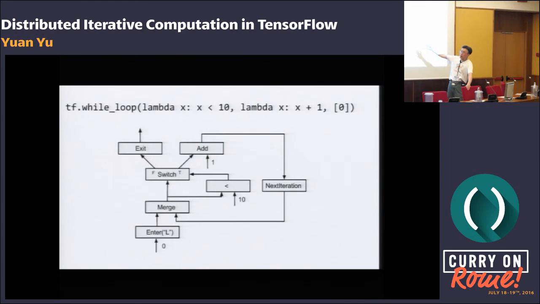The way I'm inclined to think about this is that this is the instruction set for your machine or processor. It could be a while loop. The while loop can be compiled into this kind of data flow graph, and some other higher order operators like fold or map or parallel map, and also scan, can be compiled into this.